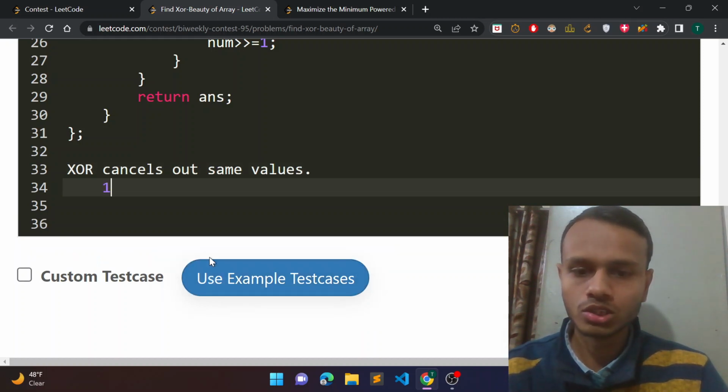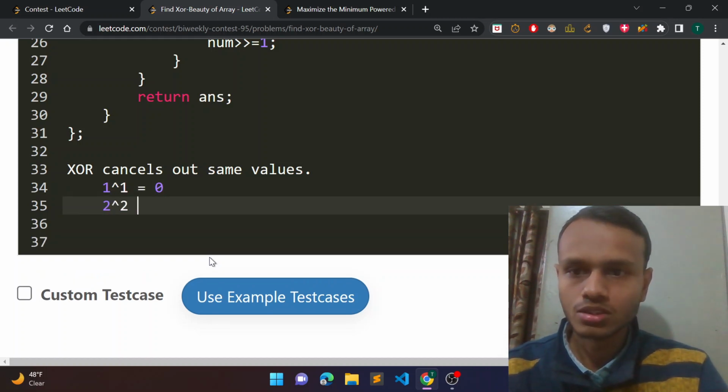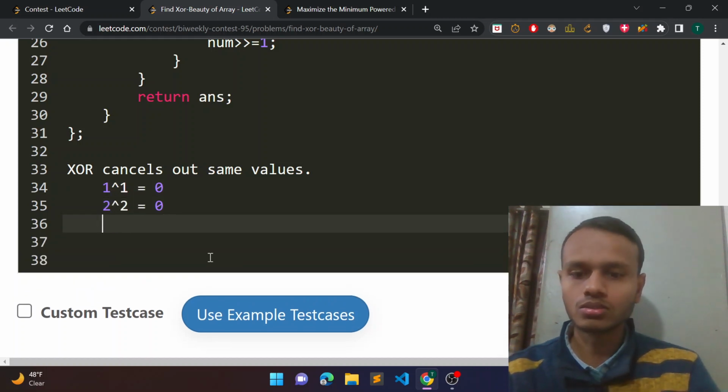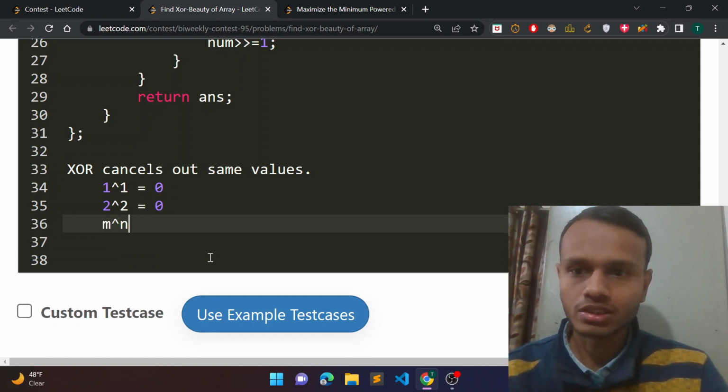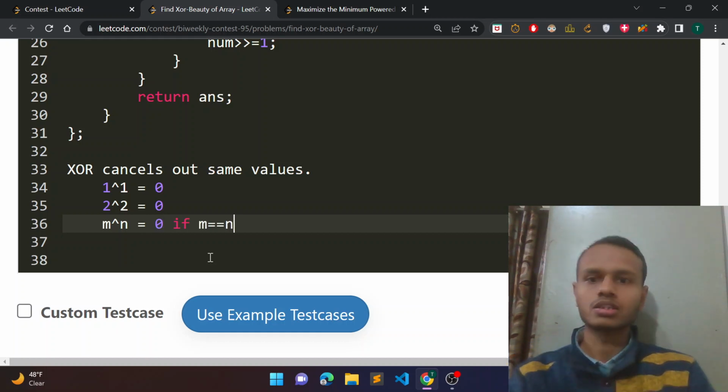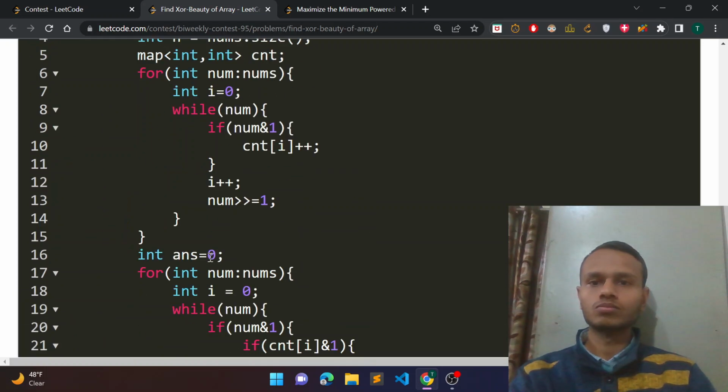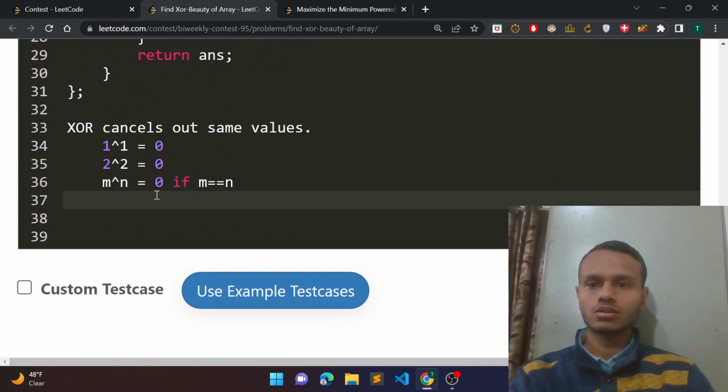So if we are doing something like 1 XOR 1, that will give 0, or 2 XOR 2 will give 0, or in more general terms, if you are doing m XOR n, it will give 0 if m equals n, right? So when we are going to calculate the value of the expression, which is something like